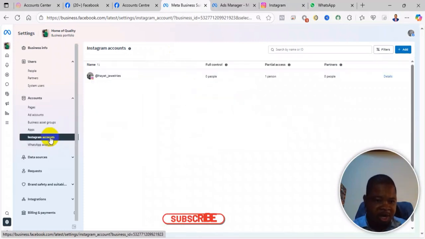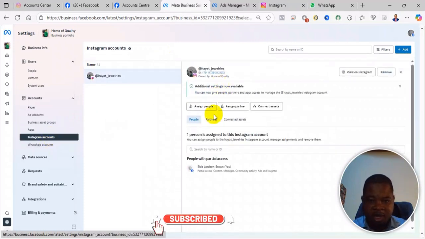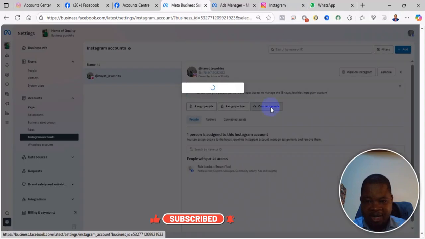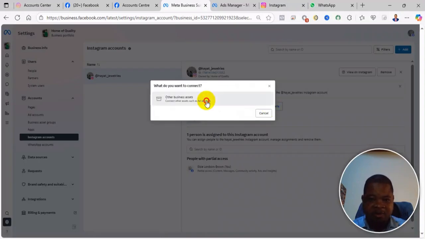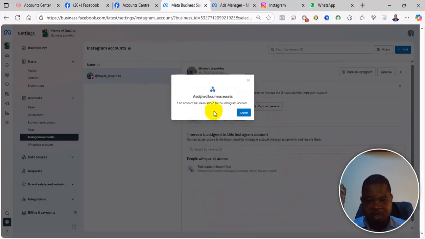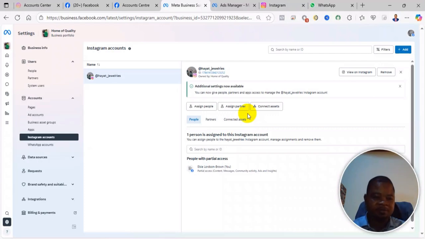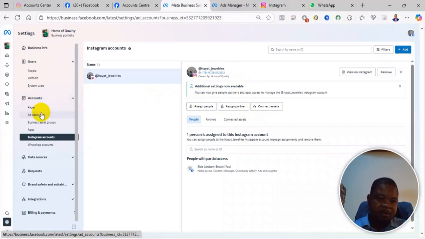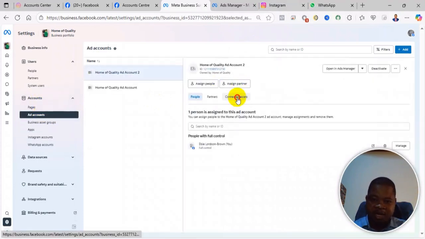So you come to the ad account, the Instagram account, and click on connect assets, and then click on other business assets, then select the ad account you want. So this is the ad account, then click on add. So you see it has been added, then you click on done. Then once that has been added successfully, if you come back to the ad account, you will see under connected asset